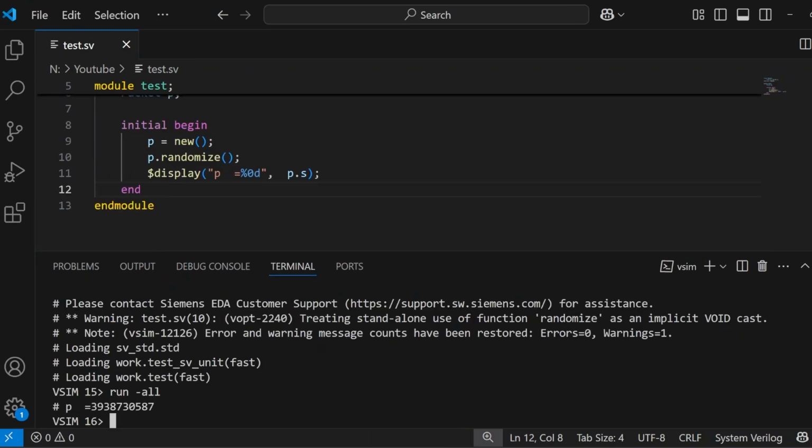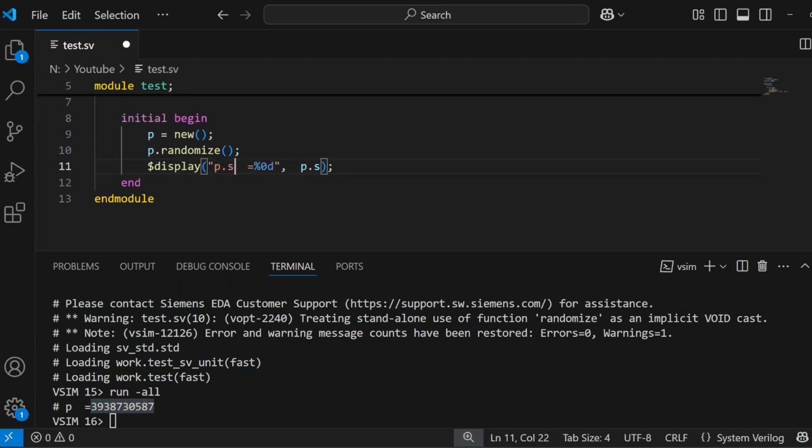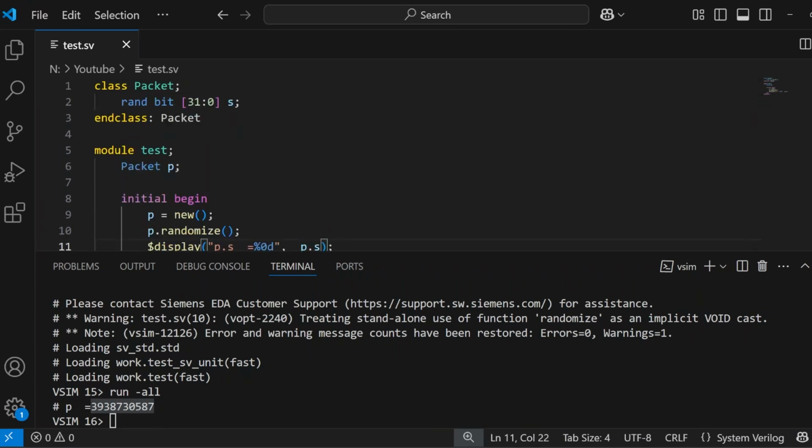As you can see right here, we are getting a random value, and it is quite obvious because it is very random. So you could just go ahead and put a constraint for that. Just a second, it should be p.s. So you could put a constraint, and you can mention a range, and inside that range the value will appear. So for example, here in this randomized class, what I will do first,